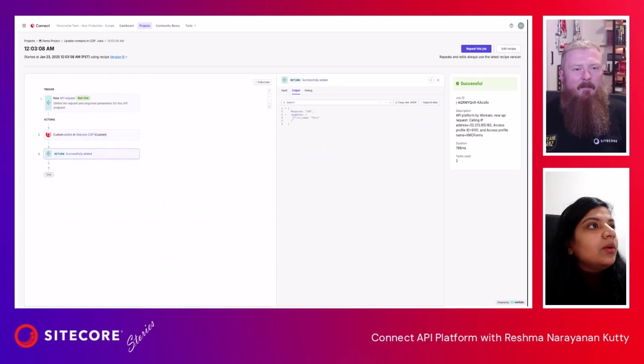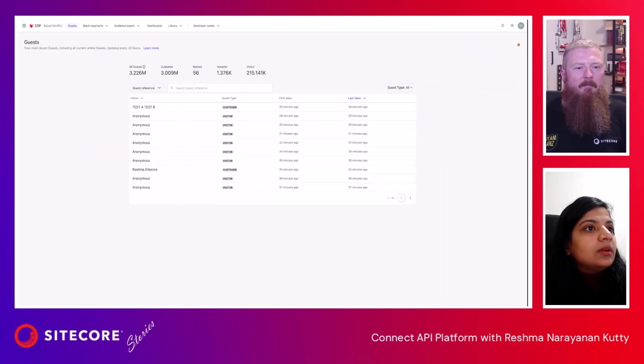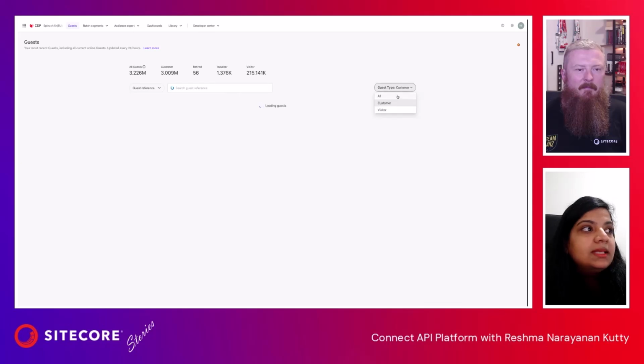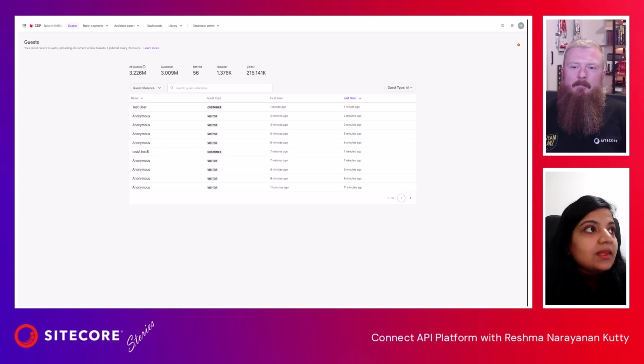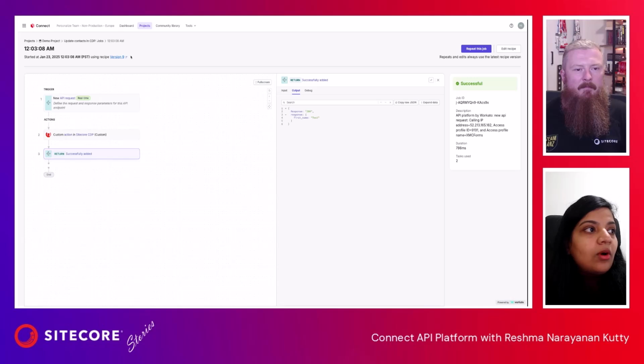So now if I go into CDP and do a refresh, I see that the new test user has been added. So the recipe functionality worked as expected, and it was authorized only to forms. So if the authorization and the auth key are correct, the webhook hits and the recipe functionality will be loaded correctly. And if you go into Connect, there's also another way for you to check for logs